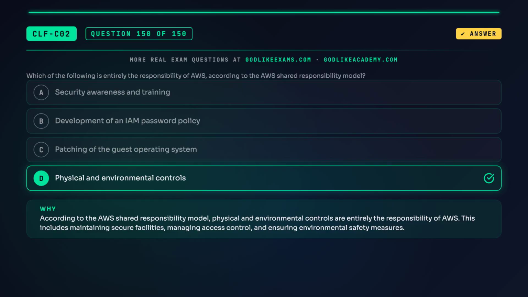The correct answer is D, physical and environmental controls. According to the AWS shared responsibility model, physical and environmental